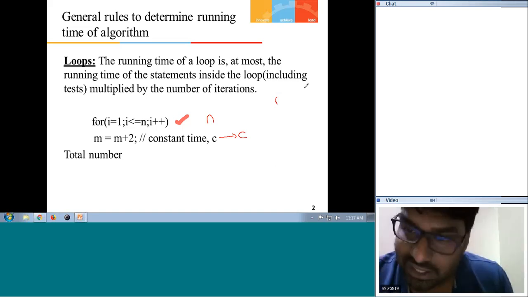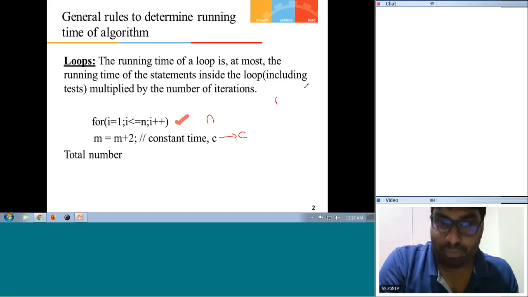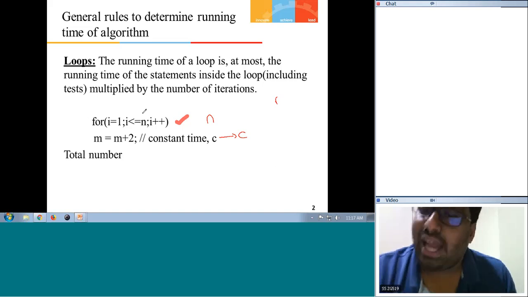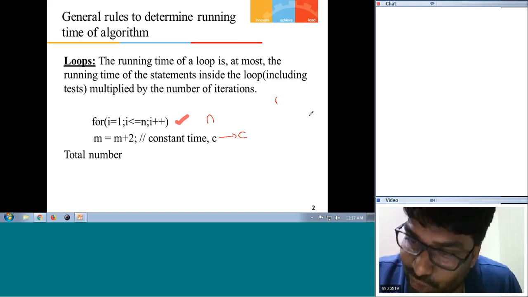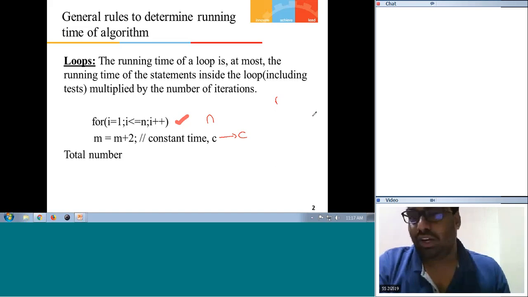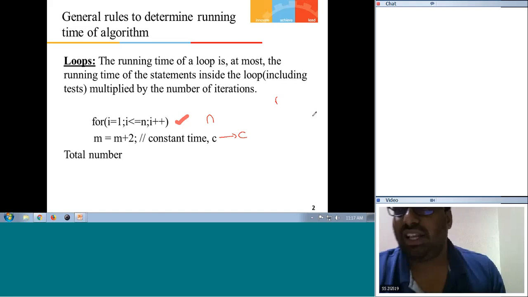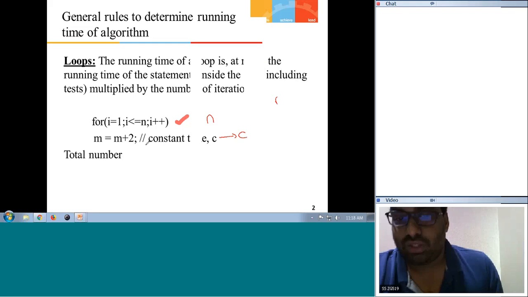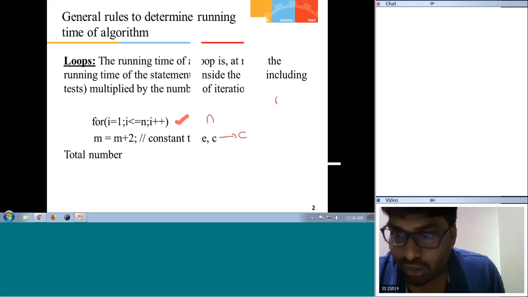Why I'm saying this is wrong is, look, this is a loop. The for and m is equal to m plus 2 are part of the loop. So m plus 2 is part of this loop. So I perform n times into constant. Remember, when it is a loop, you're not looking at it as a sequence. You're just looking at it as n into c. Basically, you can even think from internal to outer. So I'm having a constant time c, which is part of my loop. So I am in the loop. That's why it is c into n or n into c. So the time taken for this whole loop is